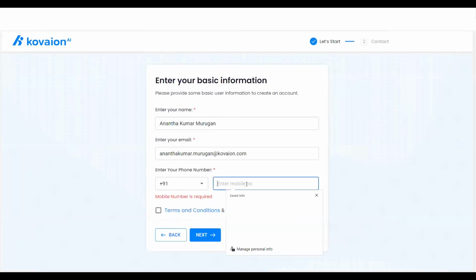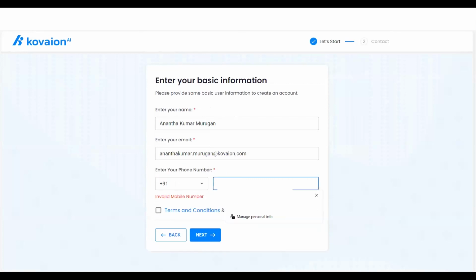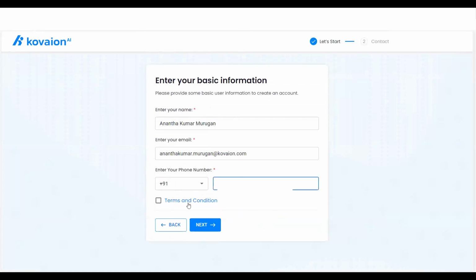I will enter my mobile number. Before moving on, you check the terms and conditions and the policy provided by Kovaion. Then, once all the details are filled, click next. You will be redirected to the